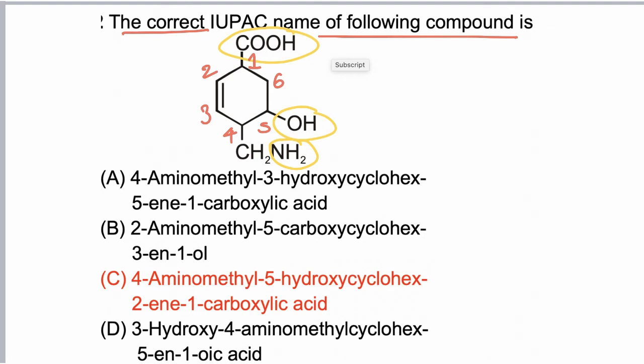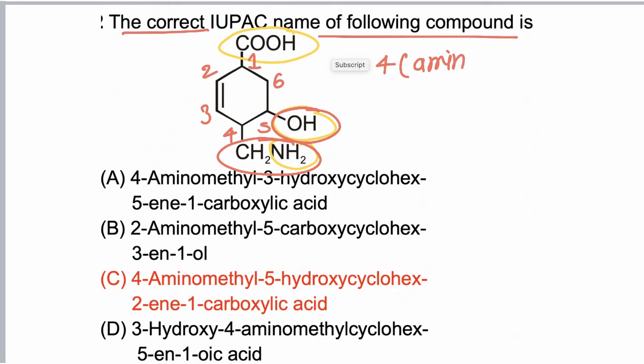Ethoxy is given higher priority at the fourth position, so the name of the molecule should be 2-amino-ethyl-methyl... At the fifth position, hydroxy is present. Ethoxy, amino, ethyl and methyl are written in alphabetical order, so the name of the compound is anisole with these substituents. So this is not correct.